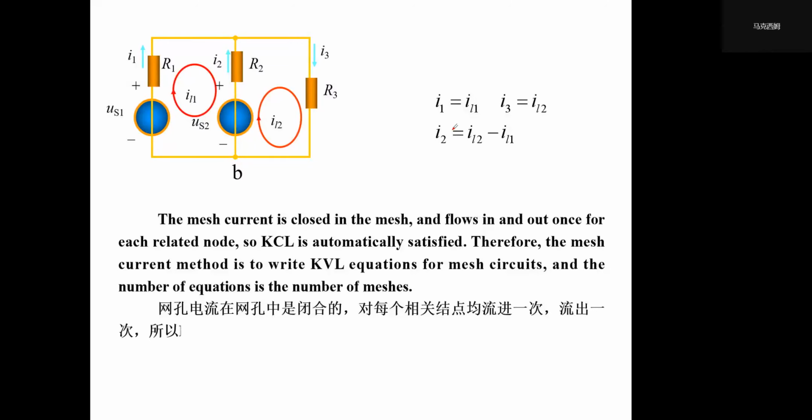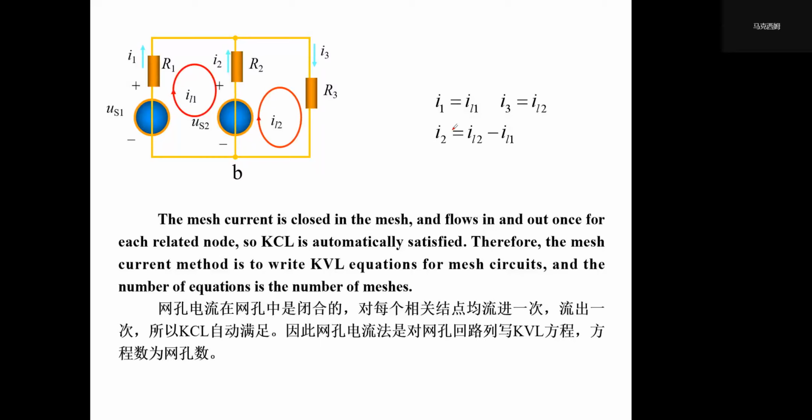So we can just list the corresponding KVL. And if we have a common branch, then we have to use a combination of the adjacent mesh currents to represent the branch current in that boundary branch, and still apply the KVL